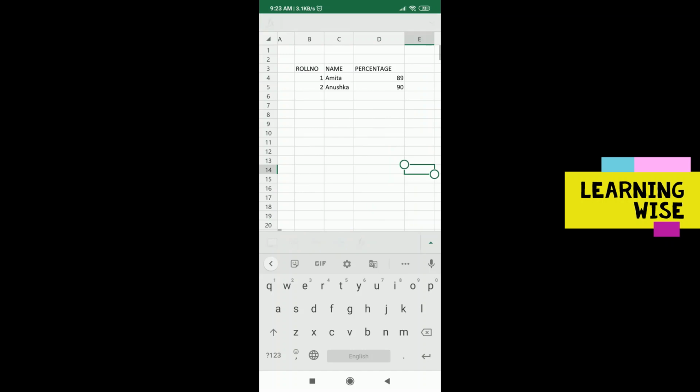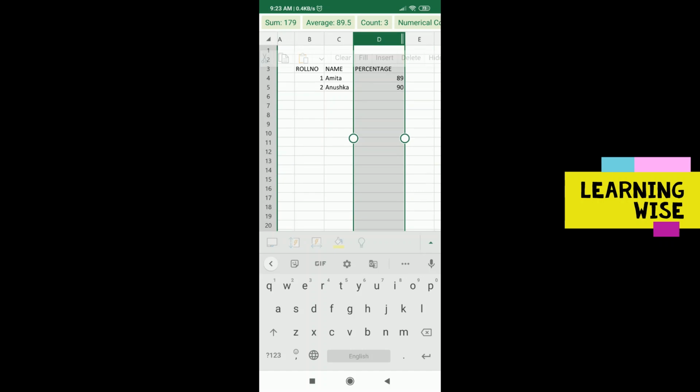How? Just click on the column name. Like these are the A B C D. So click on this column, and you can see there are these double white lines towards the right edge of the column. From there you can drag it to adjust as per your requirement, like this. Okay, so this is how you can change the column width normally, with the help of your finger also, right? So this is the simple way.